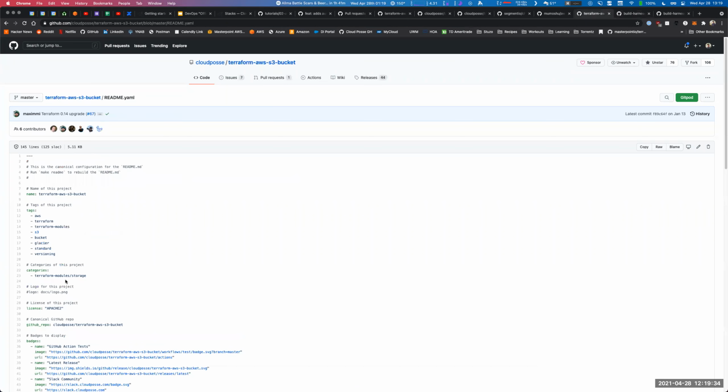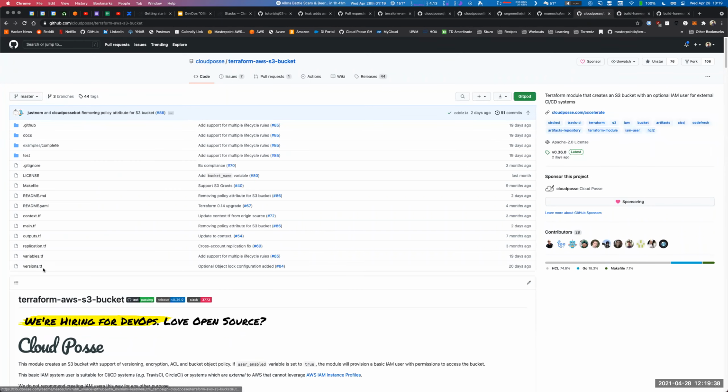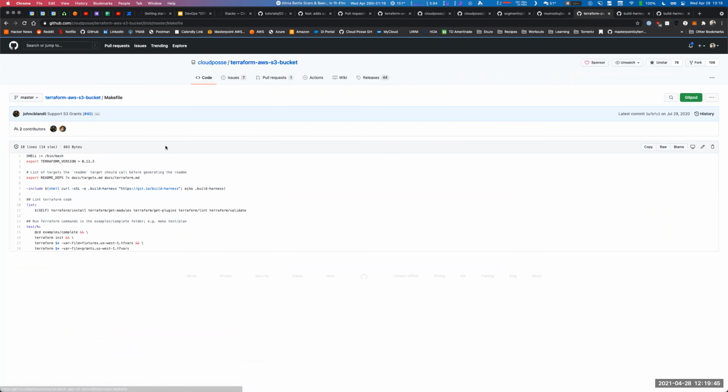And what that does is that README deps is defined in each module that we have a Terraform module in. We override README deps to include building the Terraform.md target, docs/Terraform.md. So it will run